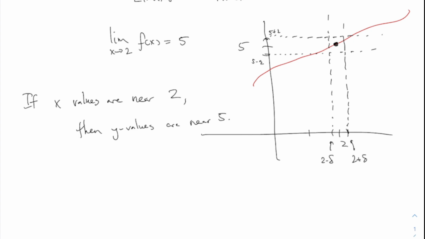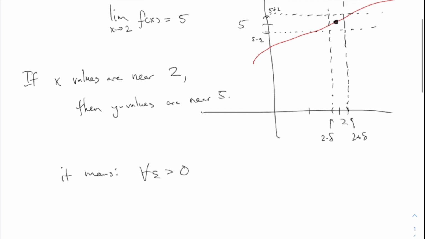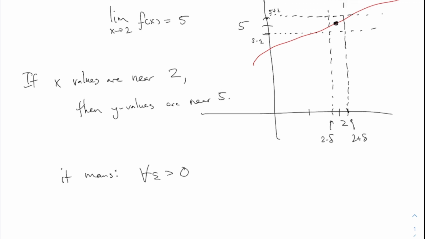No matter how small the epsilon, so the real meaning is: for all epsilon greater than 0, that's what I said, no matter how small the epsilon, you can find some delta, so I say there exists delta greater than 0, such that whenever the x is inside this neighborhood, the y ends up inside this neighborhood. So the way we're going to write that is if x